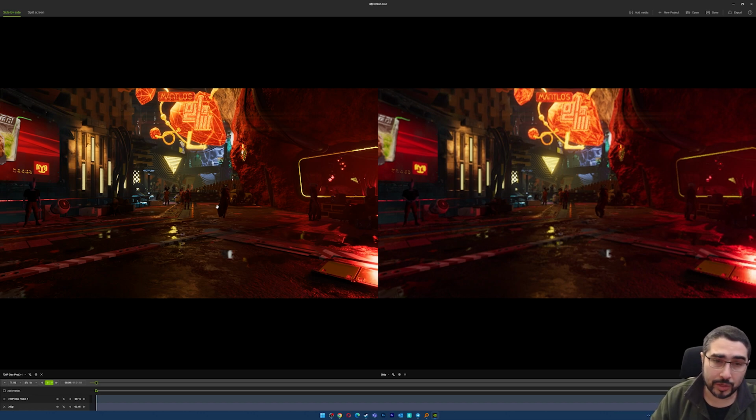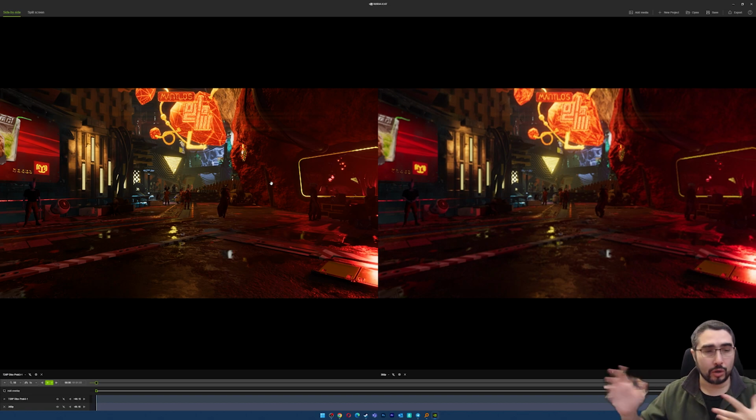And this is the final result I got after using DLSS to get to 720p and then taking it to 4K using Topaz. From here, I think it's already obvious that the image is a lot more crisp and has more details, especially if we see this area compared to this one. The lines are clearer and we can see more, and the textures on the rock on the right are better, and even the letters on this.